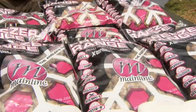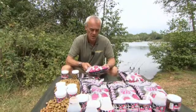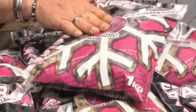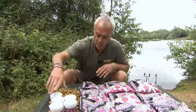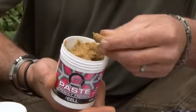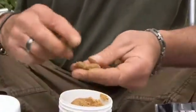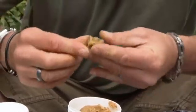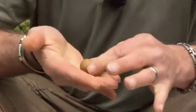All of the freezer baits are available in 1 kilo bags straight from the freezer, and they come in 2 sizes, which is an 18mm and a 16mm. Also, obviously one to match each type of bait, we do pots of frozen paste. Now, these are ideal if you want to make your own corkball pop-ups, or just fish paste on the hair, or one of my favourites, just to take a normal boilie,